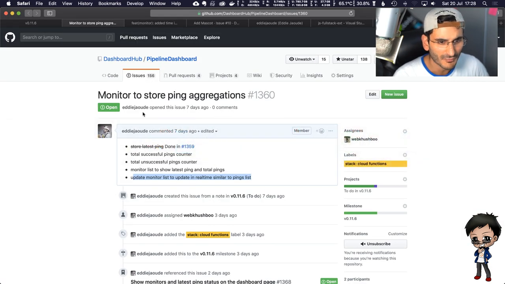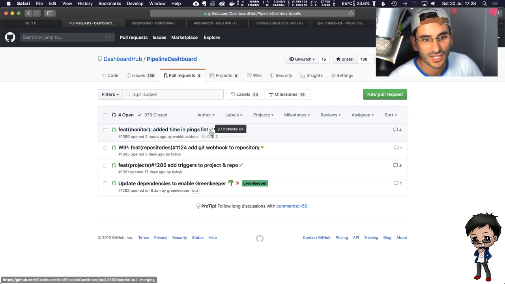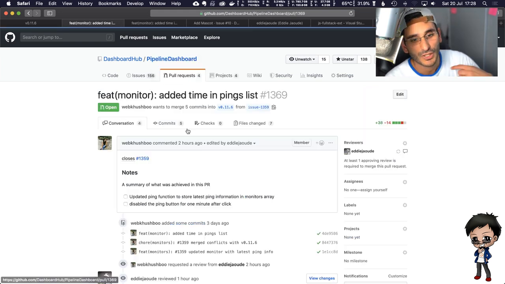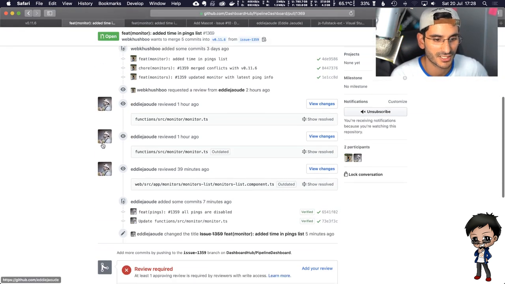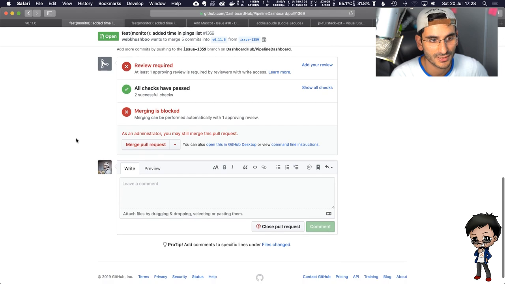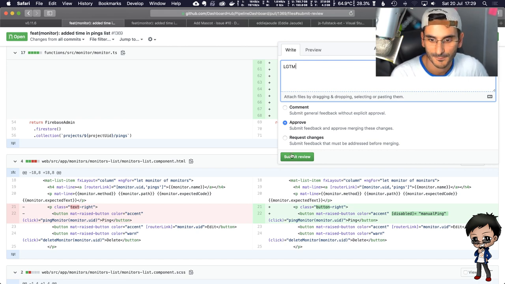So we've reviewed a pull request. It's gone green on CI, so it's happy. Kush, if you're happy with my changes, let me know. I'll merge your PR. I think it's good. I just made some very minor tweaks. Add my review. I'm happy if you're happy. So approve. Looks good to me. Submit.